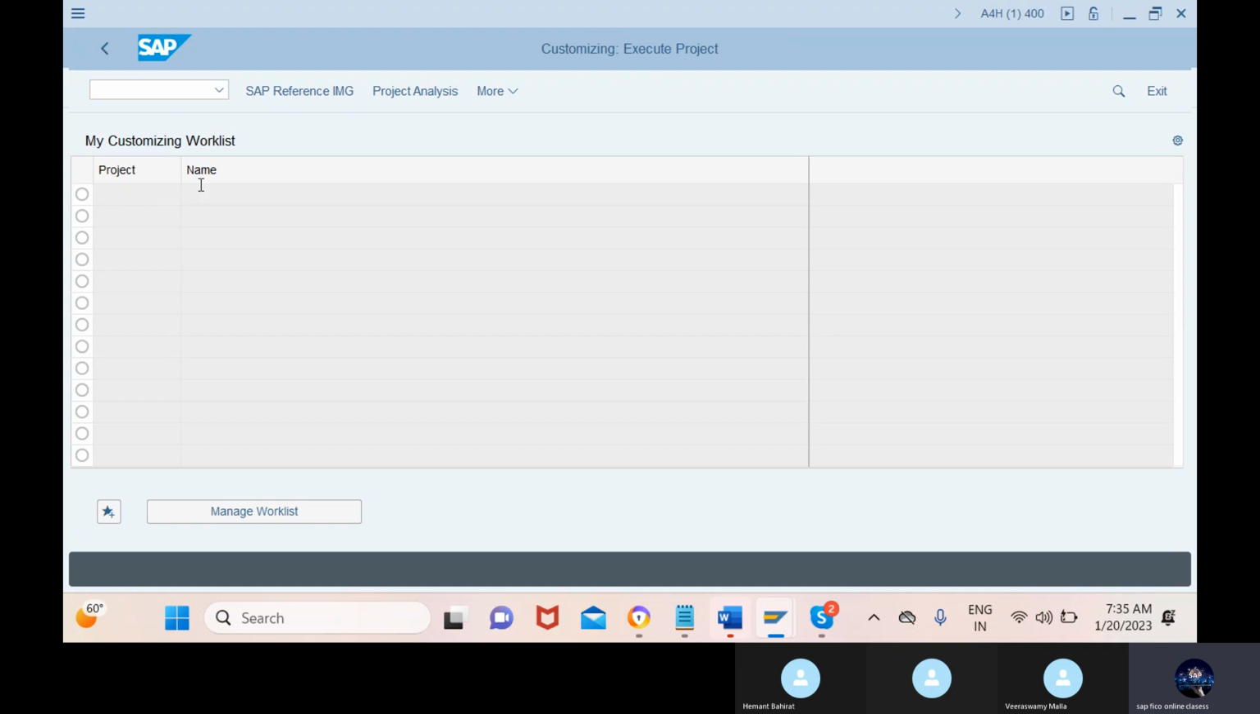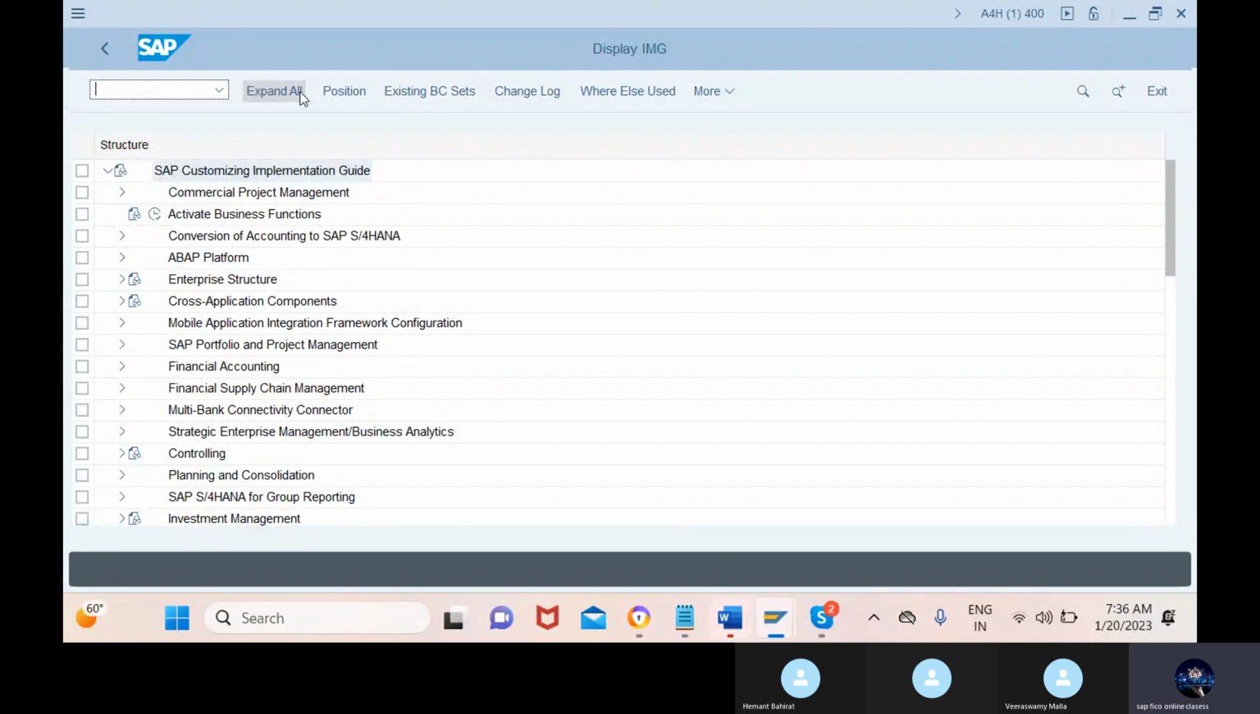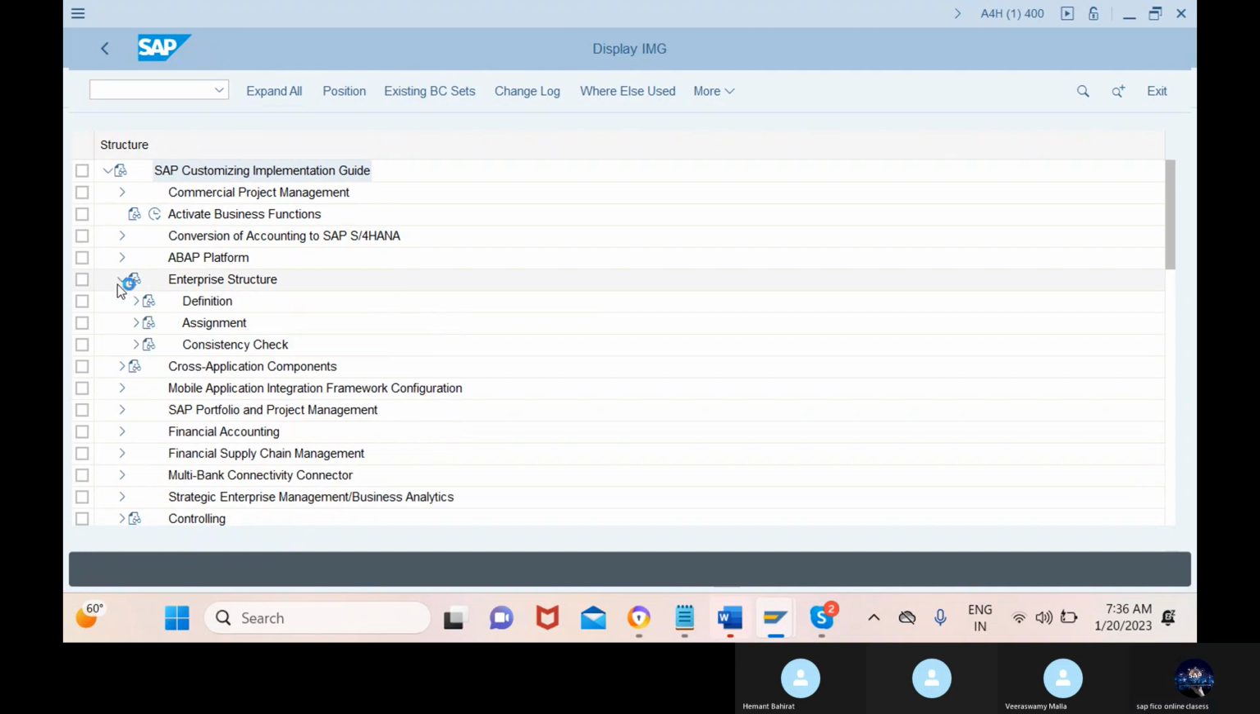Okay, in order to make a configuration here, what type of project it will be is mentioned here. Now in order to implement SAP, we follow these steps. We call this step the pathway. Okay, now in order to do the financial configurations of the enterprise structure, we follow SPRO, SAP Reference Implementation Guide, Enterprise Structure,